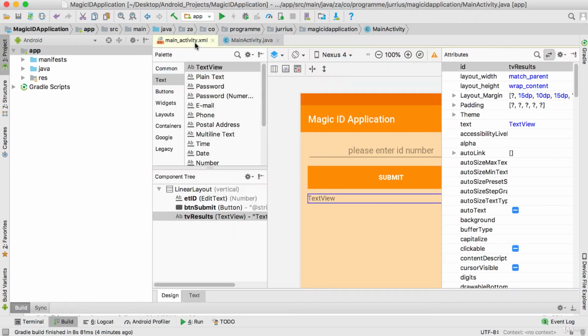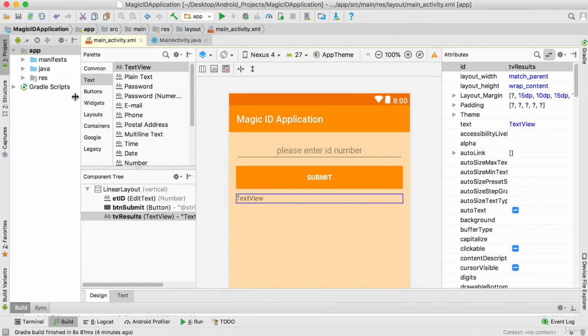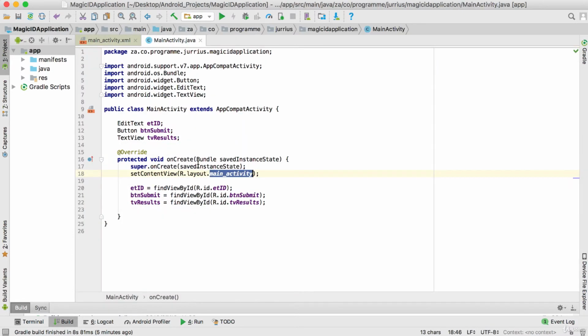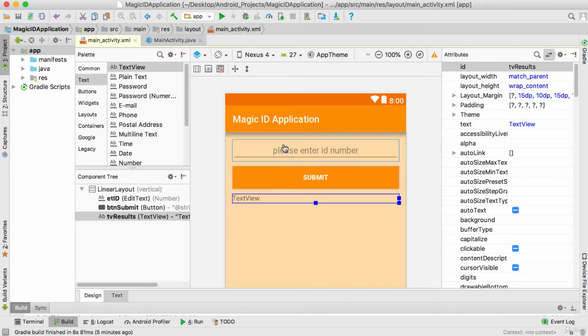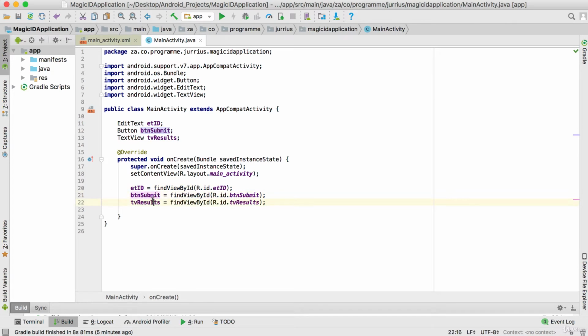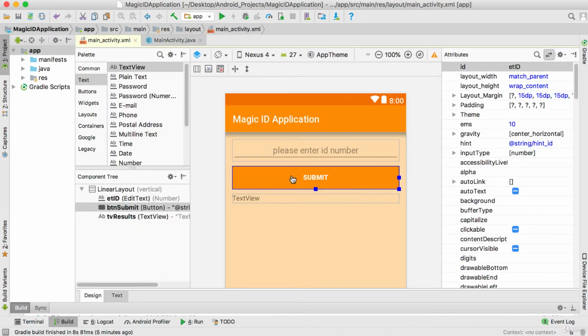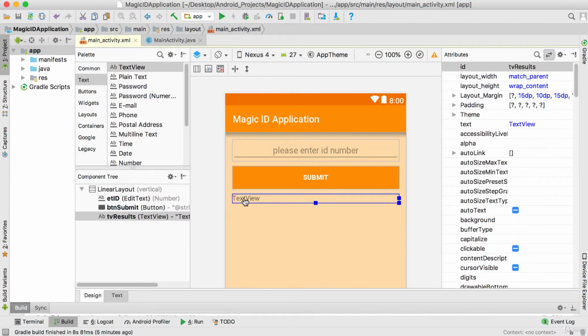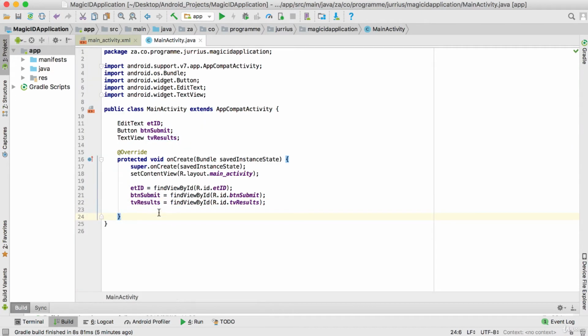So main activity is this one, and then on this one, we are finding the view by its ID by referring to these IDs. So now after these 3 lines, etid, the Java variable, is now connected to etid, which is this one. And the same for the btn submit and TV results, they are now connected to btn submit and TV results. Right, so now that we have the components connected in coding, now what we want to do is